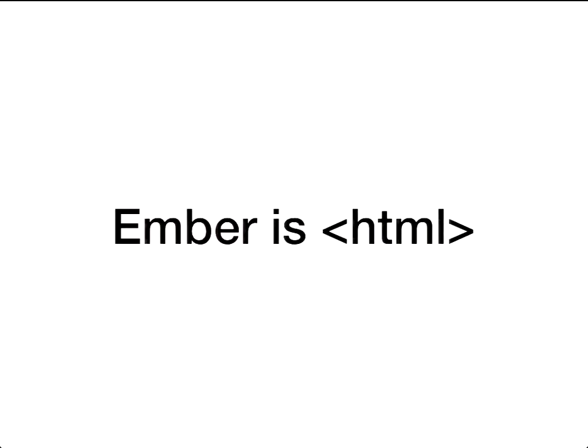The second thing is Ember's HTML. And I think a few years ago, this was a bigger thing to talk about. So a few years ago, things like SproutCore and Cappuccino and ExtJS and YUI were all super popular. They controlled a lot of the app space. So jQuery controlled a lot of the library space, but the framework space was dominated by people who tried to